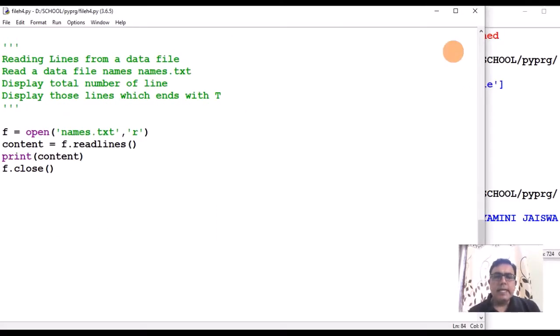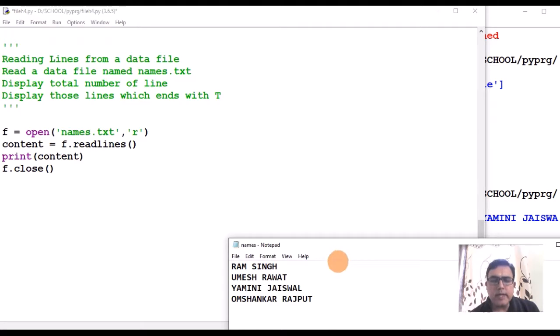Next is reading lines from a data file. We have studied how to read characters from a data file and how to process individual characters. Then we saw how to process individual words of a data file. Now we'll see how to process individual lines of a data file. Now what is the question? You have to read a file named names.txt. This file we had already created.